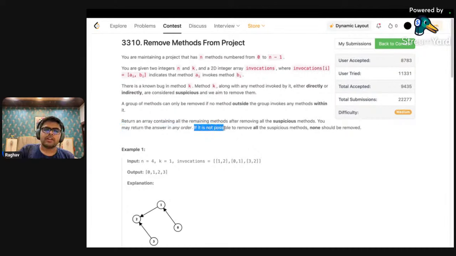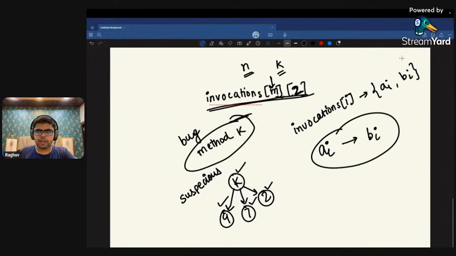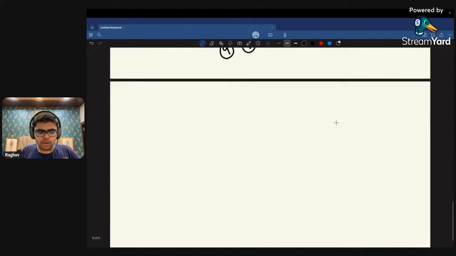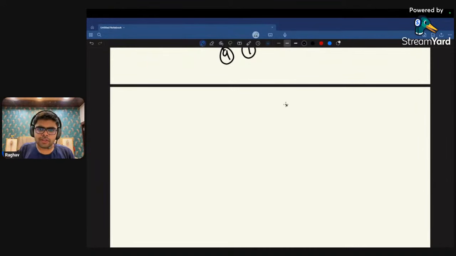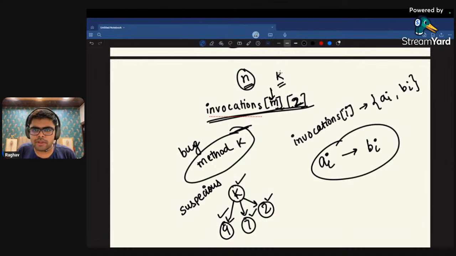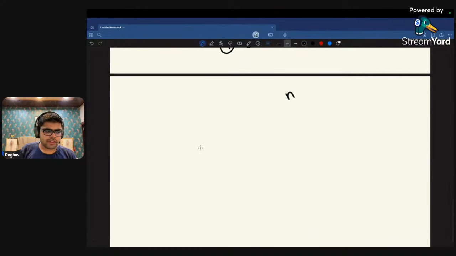And if it is not possible to remove all the suspicious methods, then we will not remove any one of them. So it tells us that we had n methods, that integer n was telling us that there are n methods and the method k is faulty. So if, let's say,